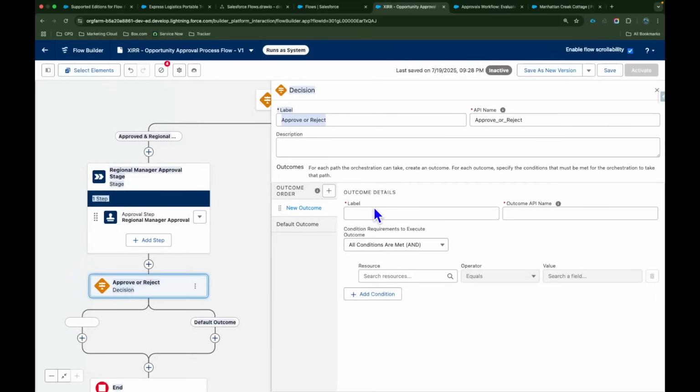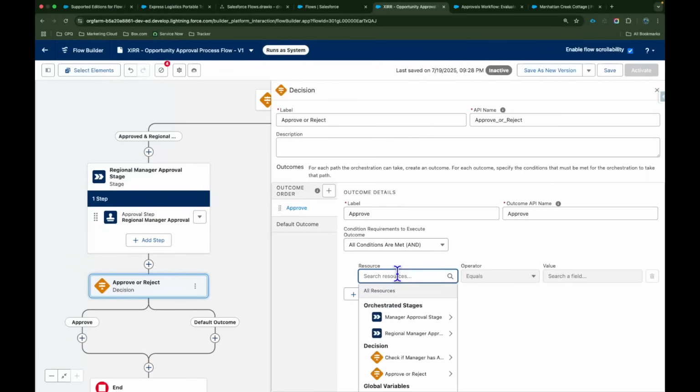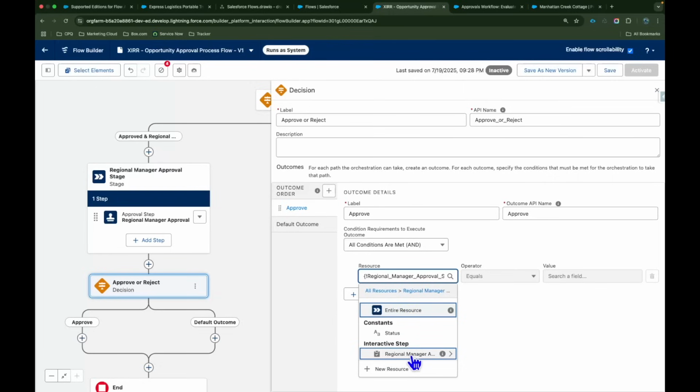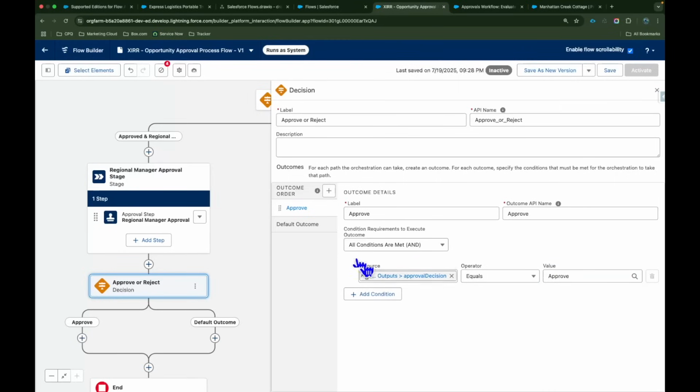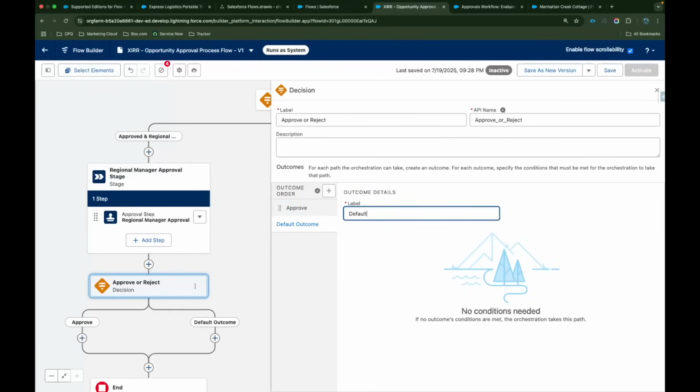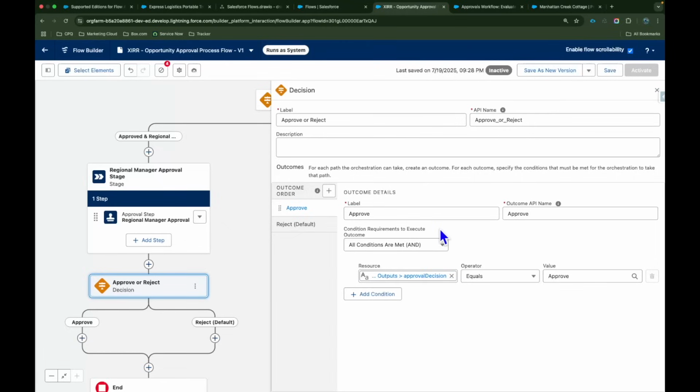Label is approve or reject. The first label is going to be approve, and this time we are going to check based on the outcome of the approval step, which is regional manager. So go to insert resource, regional manager, then step is your regional manager, outputs, approval decision is approve, and by default it is basically reject. So I'm going to put reject like this, default. Okay,